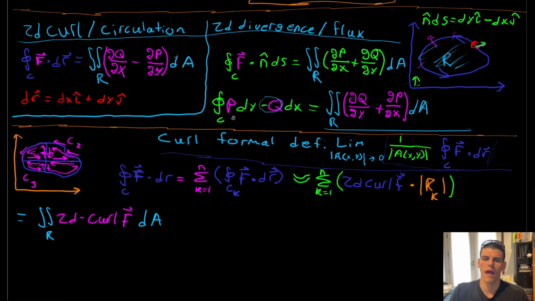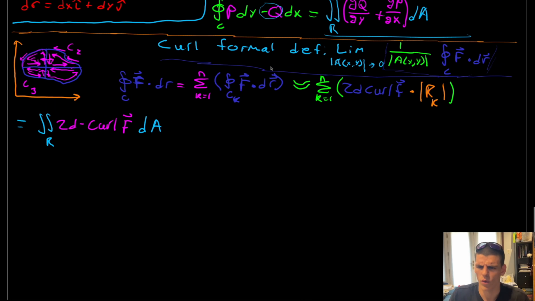formula result. And then at this part here, I just want to walk through the steps that we did. We listed the curl formal definition, which basically says if you take some line integral around a point, which is infinitely shrinking towards that point, and take the average curl, or the average force in that vector field that goes around that curve, again, as the area within it closes around that point, getting smaller and smaller, what is the average curl around that line, or average of this line integral